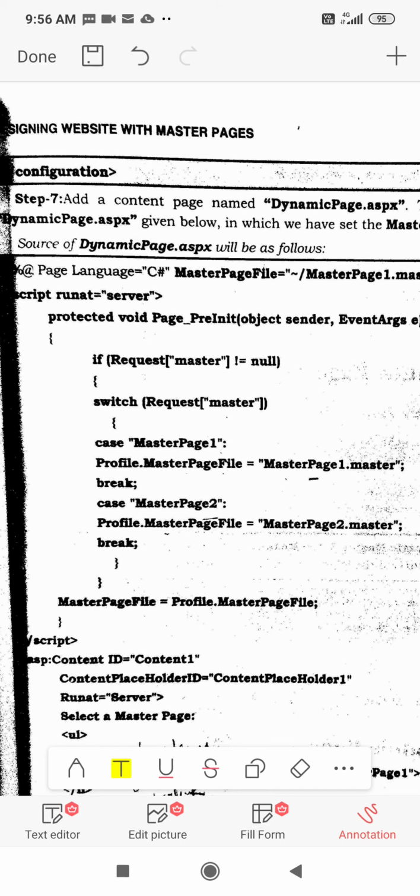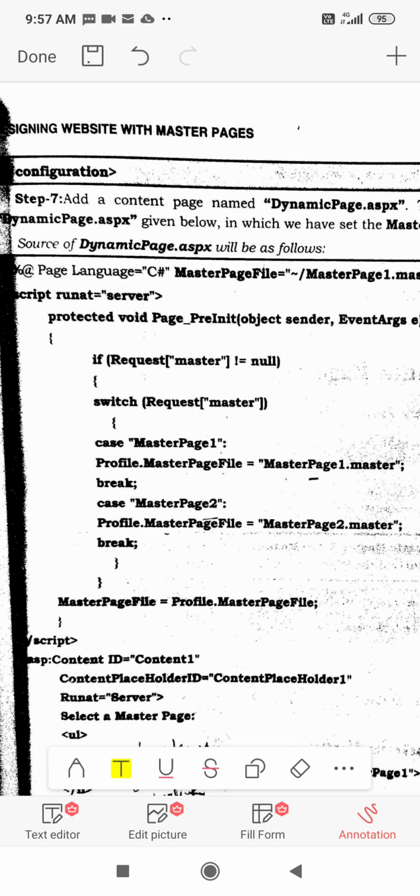The contents of master page 1 and master page 2 will not appear together. They will appear at different times, depending upon the requirement of the user, depending upon the selection he makes. Is this clear now? Why have we made two master pages?